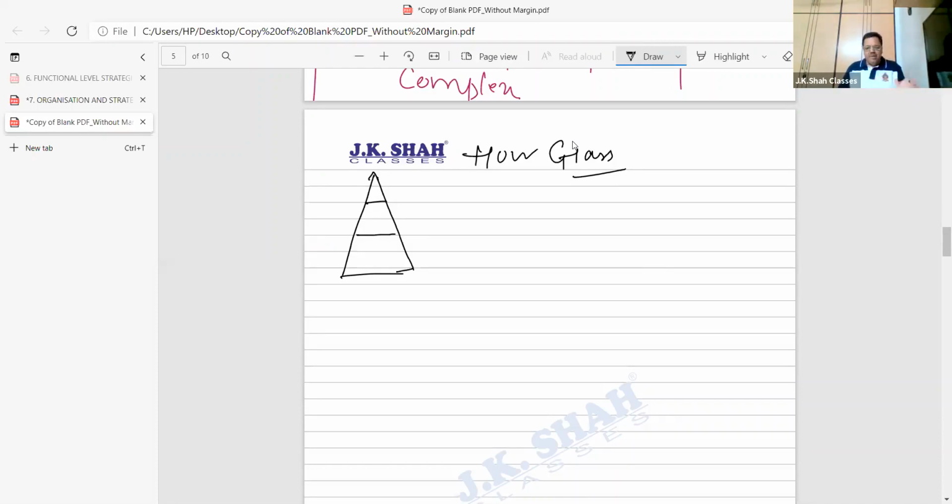Today there are companies that say we don't intend to have this kind of structure, but rather an hourglass structure. An hourglass structure is something like this. So if this is the hourglass structure, there are 3 levels. Just see this. This is the top level. This is the middle level. And this is the lower level.